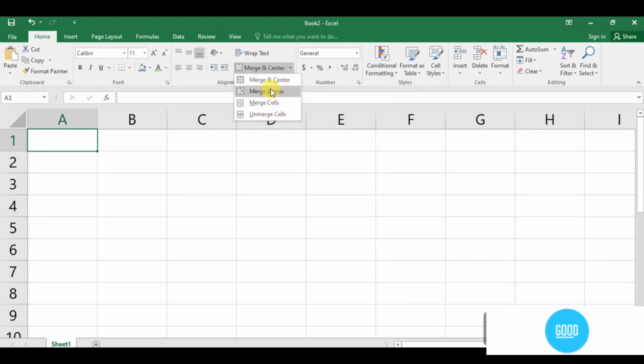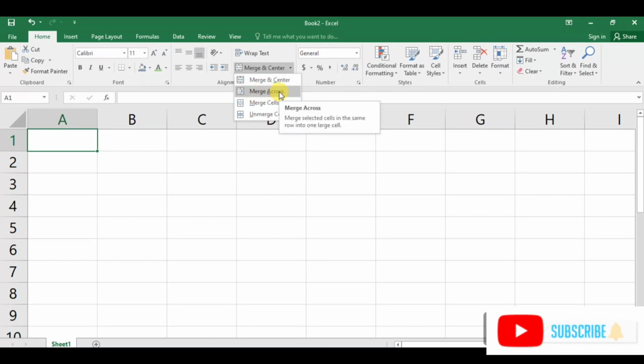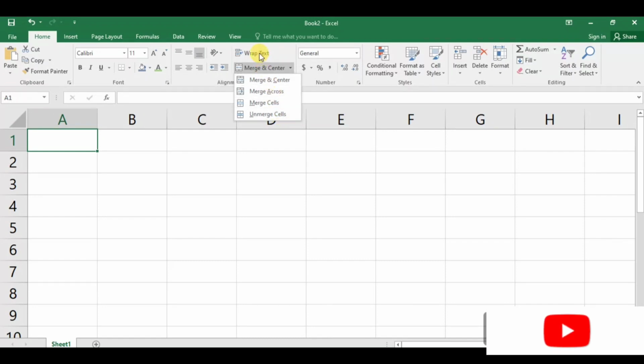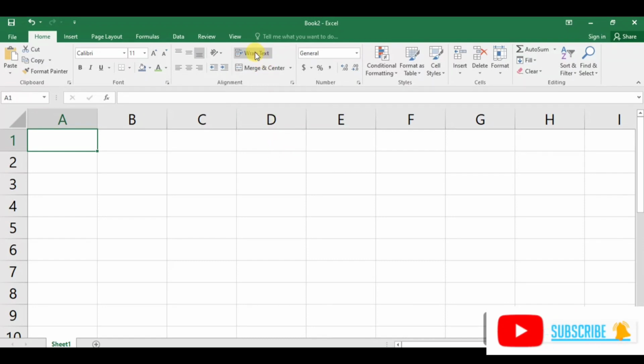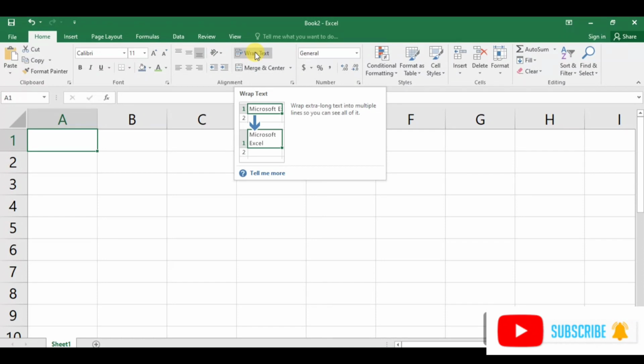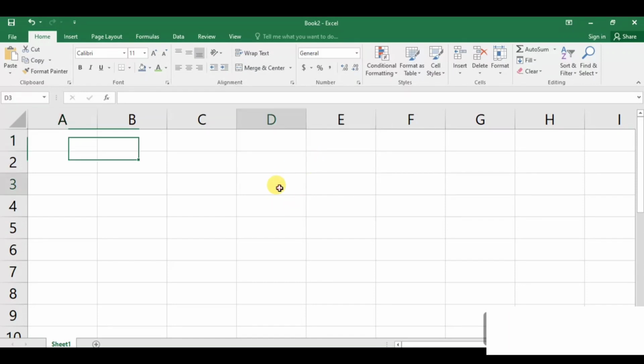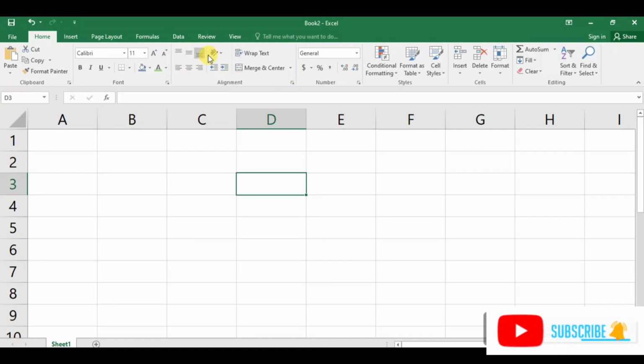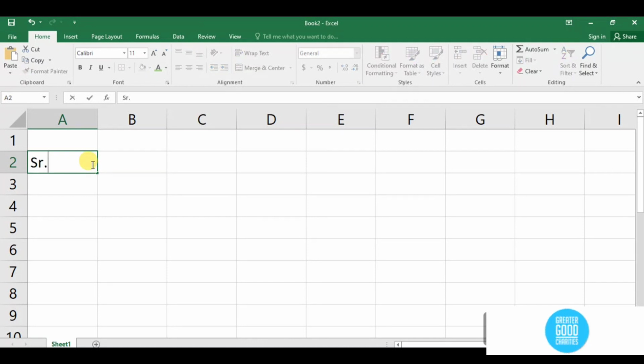It makes the data of two cells into one cell and merges the content of two cells. This is wrap text, which means if we write data in a cell and it is hidden because the length of the text is big, then when you click on wrap text it makes multiple lines. So let's come